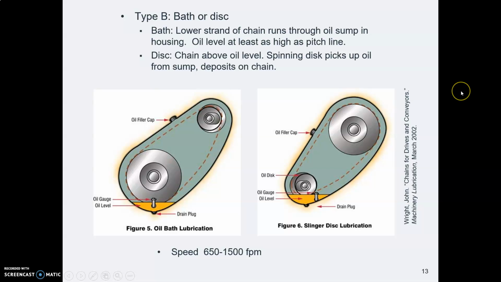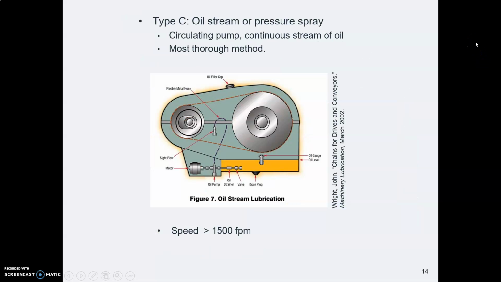The medium cost is a bath where the chain comes down and dips into a sump filled with oil at the bottom, and then continues on and dips again every time it comes around. Variation on that is having a disc that slings the oil around. And then the most expensive but most thorough method is a continuous stream or spray that constantly sprays oil onto the chain. So now that we've finished looking at our example,